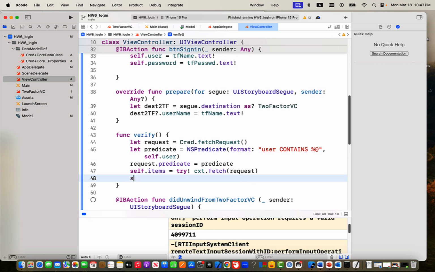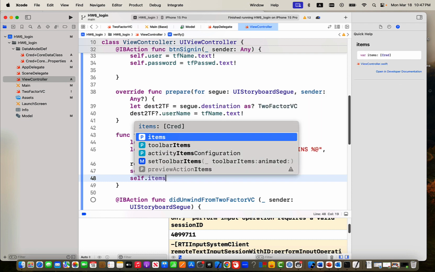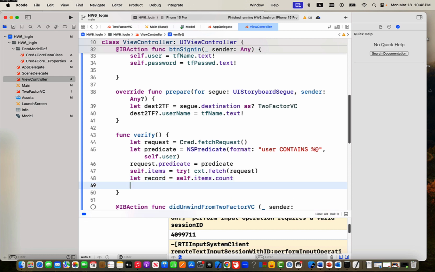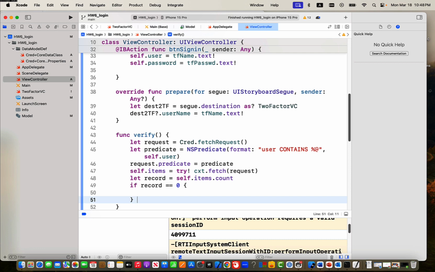And then that self.items can contain a number of retrieved records, right? So we need to find out how many were retrieved. It should have retrieved at least something, right? So we can say that is the matched record. So if the record count is 0, nothing matched, then we need to do something. We need to make some statements. Otherwise,